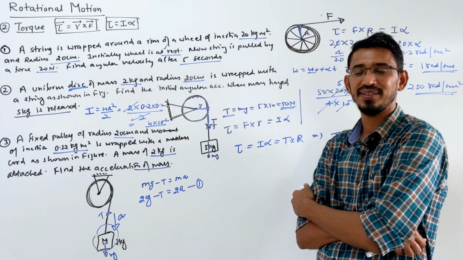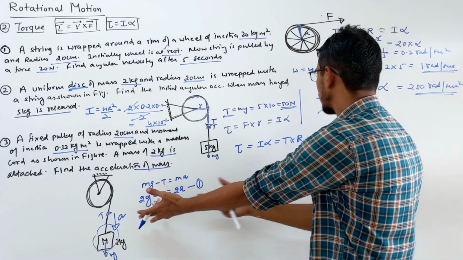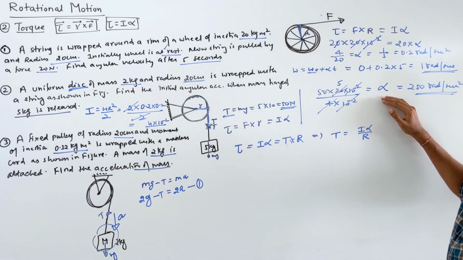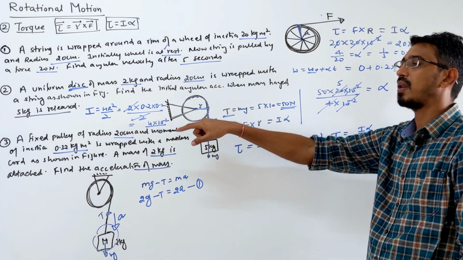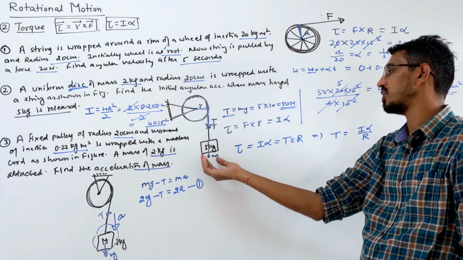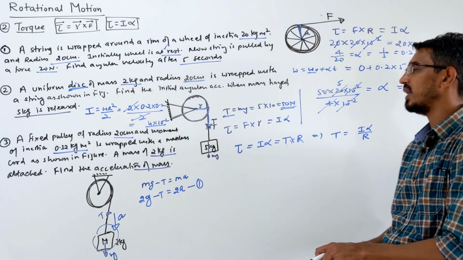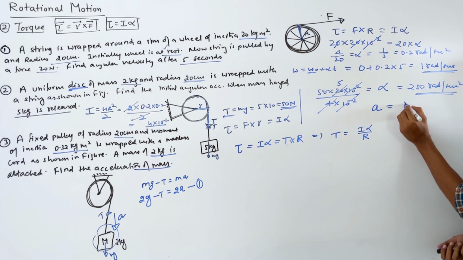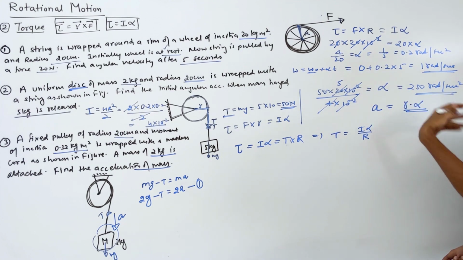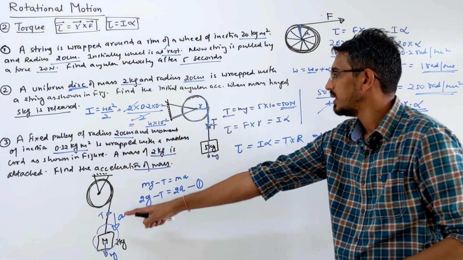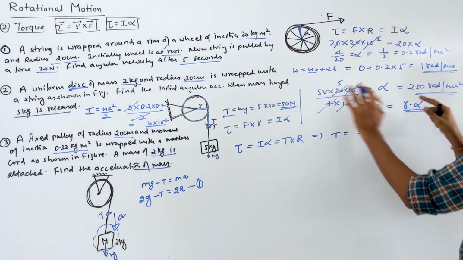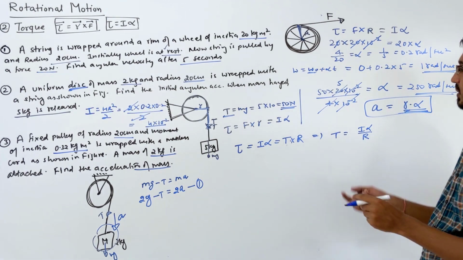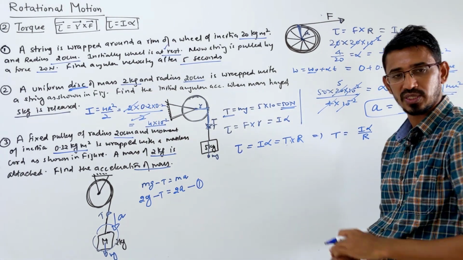And now listen carefully. You don't need to do that many things. You can directly do this if you want. Like in this question, what have I calculated? I calculated the angular acceleration of this wheel. You can calculate the linear acceleration of the wheel, which is the acceleration of this mass also because they are attached. So for the direct answer, you know that linear acceleration A is radius into alpha. That's the direct answer. You can solve this question with the same procedure as I have done here, exactly the same, just at the end you do this step. But suppose I am doing it a different way here, let's try that also.